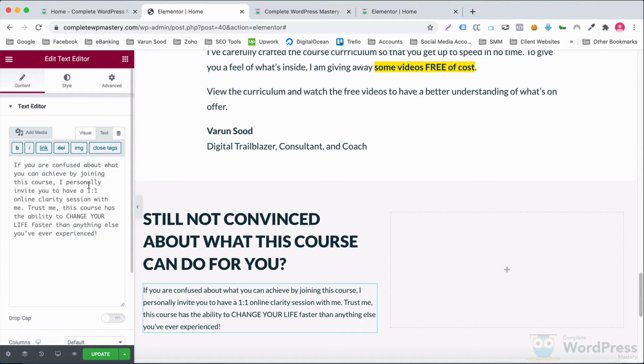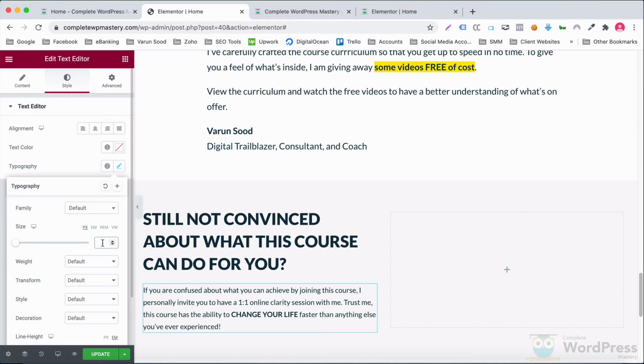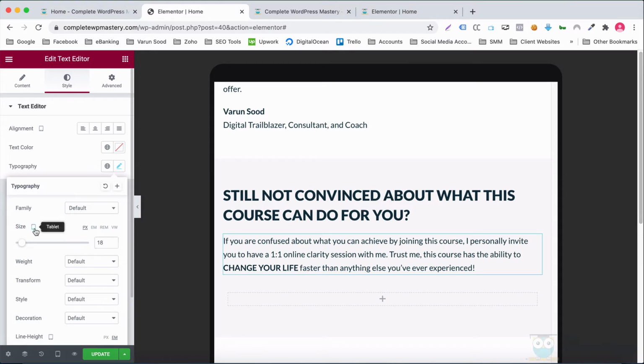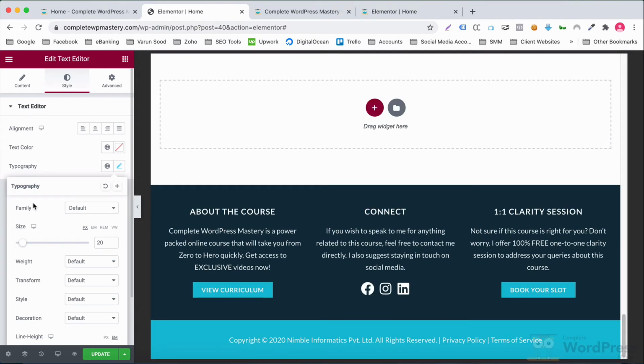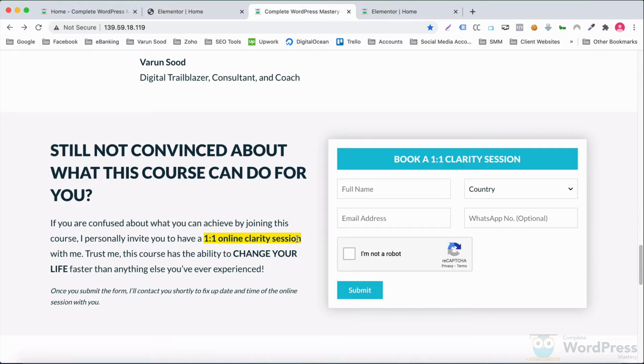Paste the content. Wrap these words inside a strong tag to make them bold. And adjust the font size. We also have this highlighted text. Let's do that now.